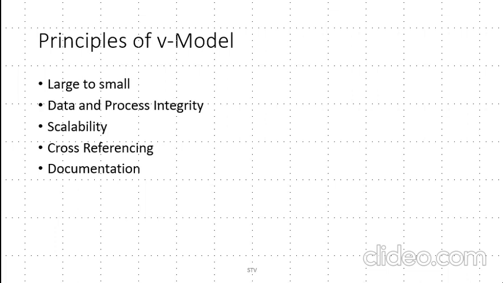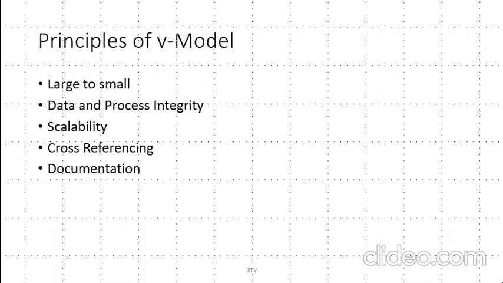At the top level we have user requirements, and after that we have the system, or information or details about the complete system. Further, we go down and divide our system into different components, and components are also divided into modules. So we go from a large product to smaller modules.